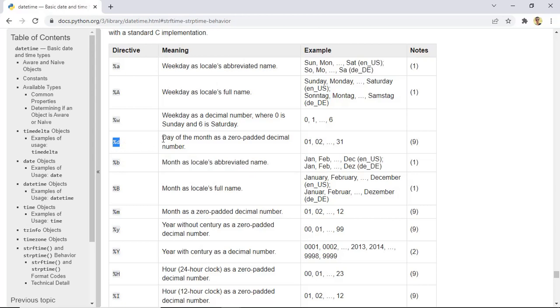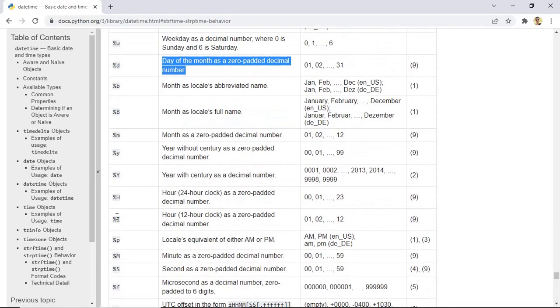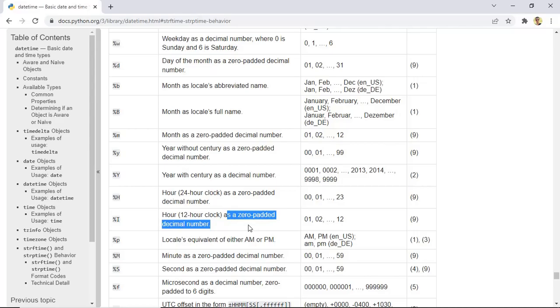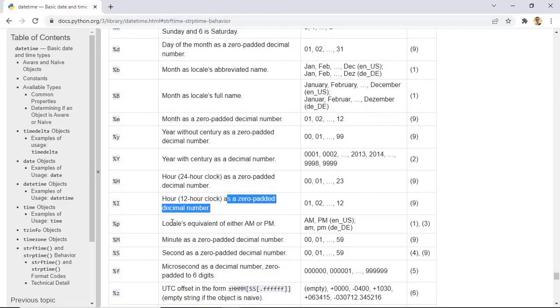Similarly, %d represents day of the month as a zero padded decimal number. So that's what we have used next. Similarly, %y denotes the year, and these right here are used to denote the time. So let's see that as well. So as you can see, %I denotes hour in the 12-hour clock as a zero padded decimal number. Then we have %M, which denotes the minutes, while %p denotes the equivalent of either AM